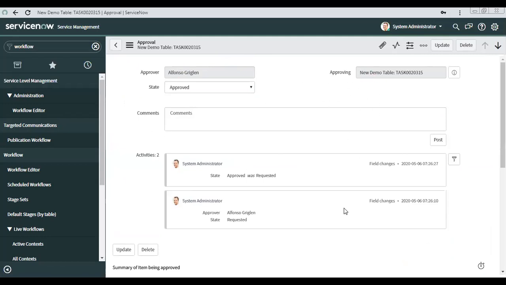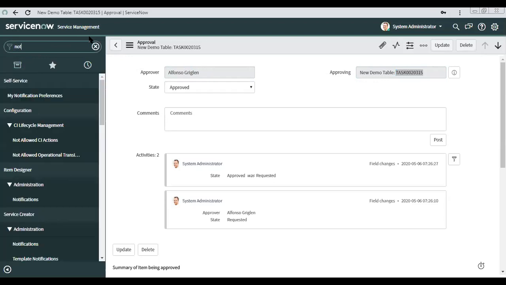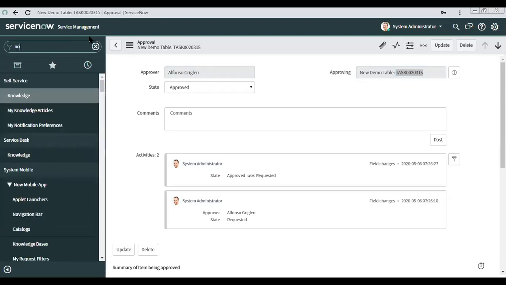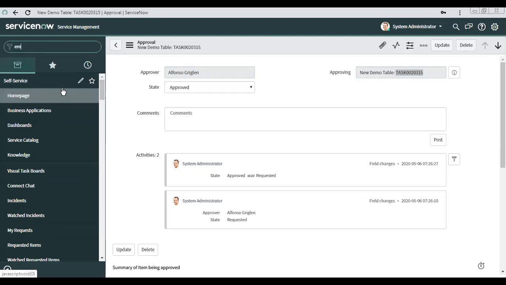As soon as a new entry comes into this table, the approval will trigger, and the notification will trigger to this user. Even for this request, if you go to the approval table, you will find a notification triggered. That is a generic notification defined on the table level, so it gets triggered through the trigger condition. As soon as a new record is inserted in this approval table, the notification is sent.